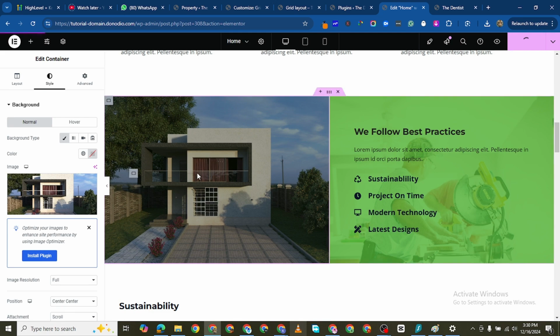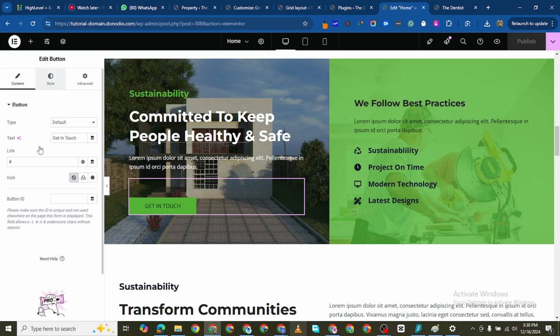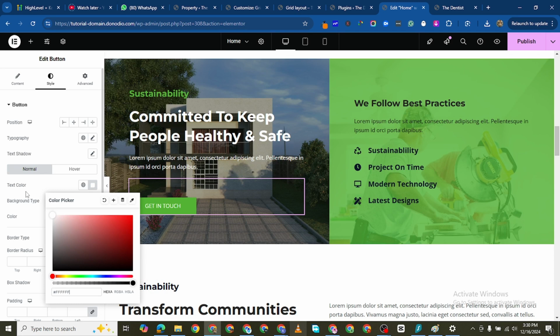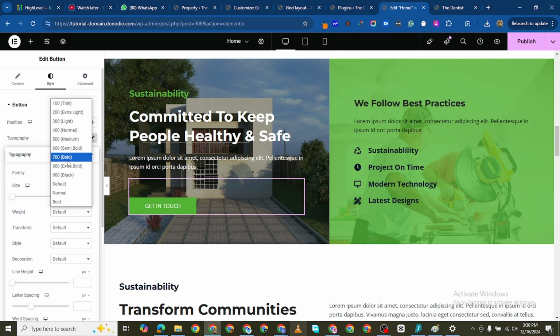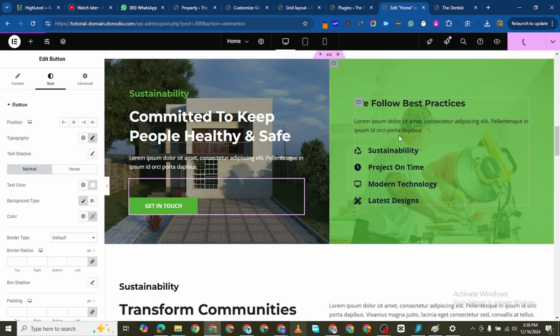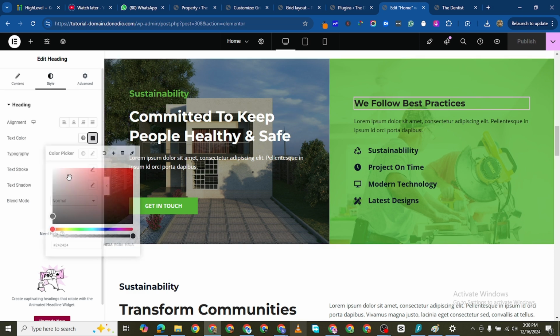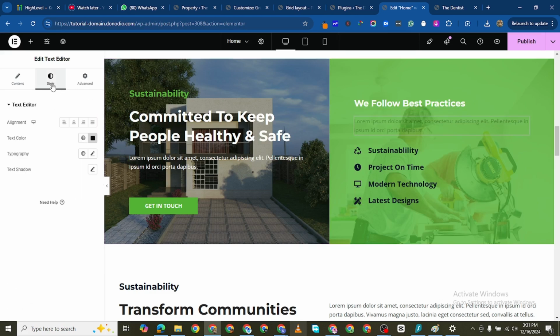Don't mind, it's just an Elementor glitch. That's why you see it appearing and disappearing. For this button, I want the text on it to be white. I'm going to come to style and I'm going to change the text color to white, and the typography, the width, I want it to be 700 so that it's really thick and visible. And if I now publish this, come this way, and I make this to be white, I'll make this text to also be white,